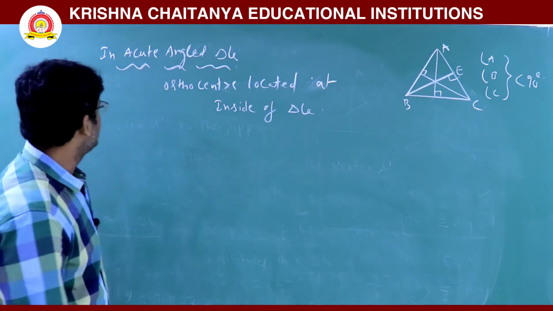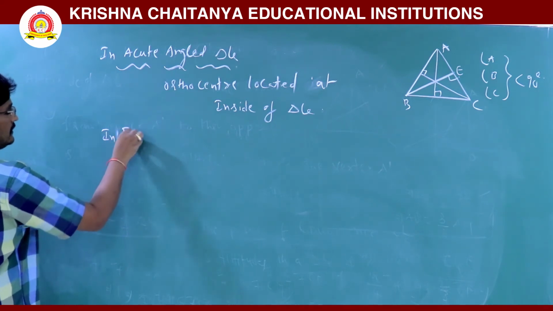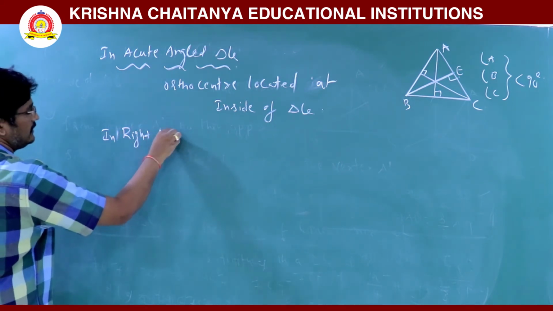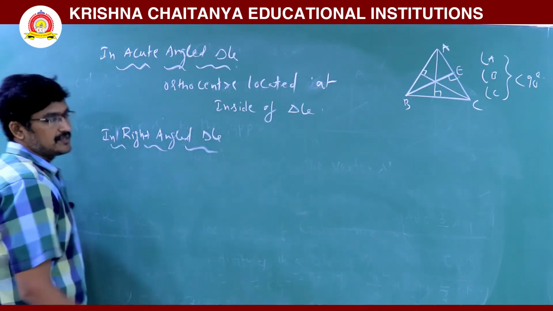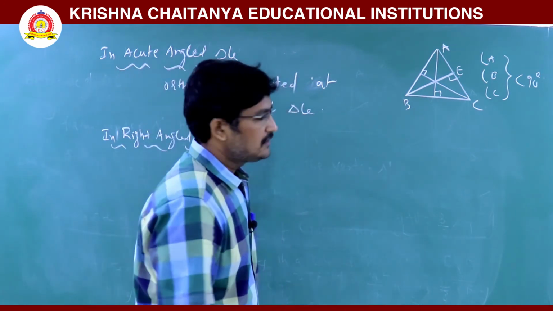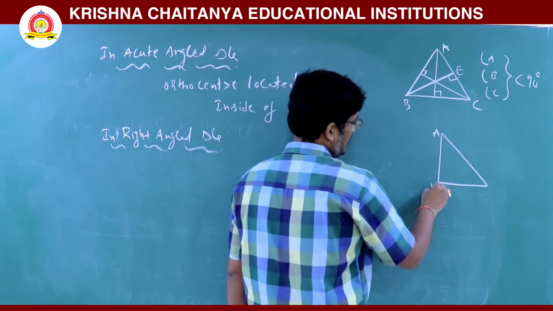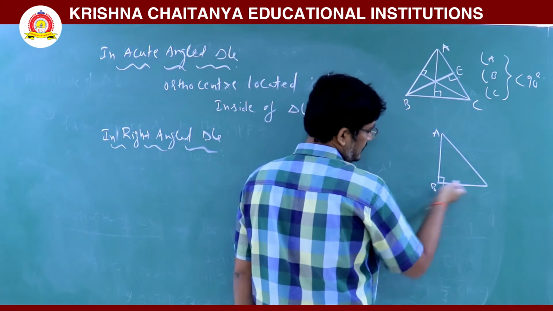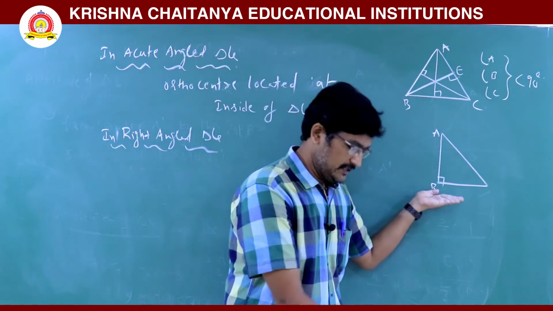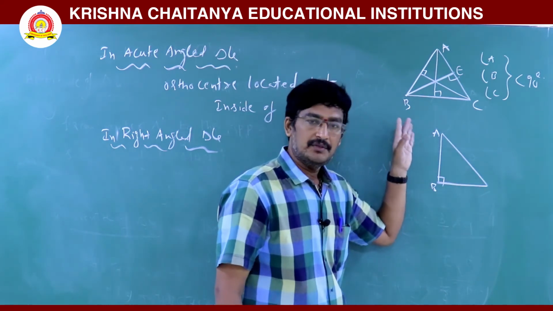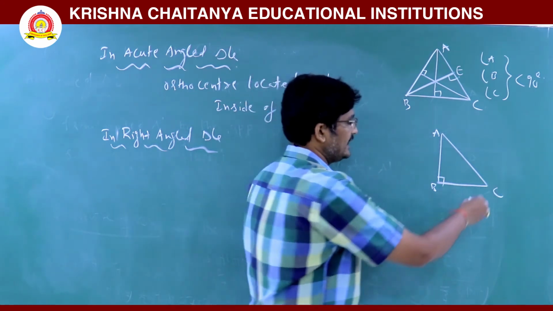Suppose you take a right angle triangle. See, what is a right angle triangle? Suppose triangle ABC is like this. What is angle B? It is 90 degrees here. It is a horizontal line, and this is a vertical line. I am always drawing this line parallel to the x axis. It is perpendicular to that one, so it is angle 90. You know. What is angle B? Angle B is equal to 90.